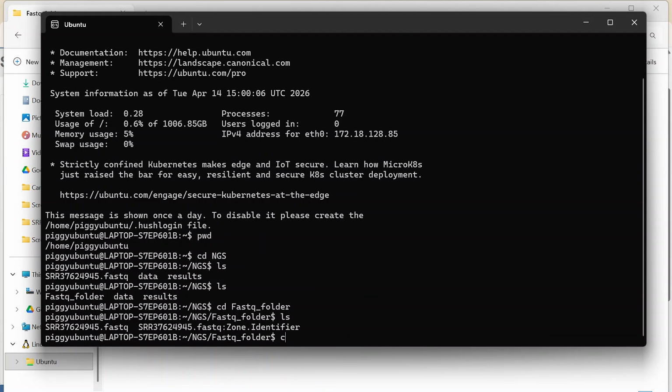So instead of writing the cat command, here I'm going to write a new command, which is head. Instead of cat, because it will print the entire data of this file on my terminal, and that can be a bit of a mess. So here I'm going to use the head command. What is this head command going to do? It will only show me a few lines of this file. It will not show me the entire file. So let's copy the file name and write the file name here.